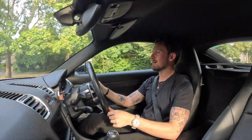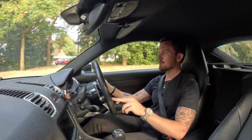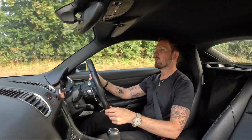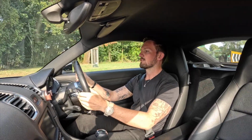Alright, I'm going to hit this roundabout down here and then turn around and go back. One thing you do realise with Porsche ownership, especially when it's a bright white one, is that, like I said, it looks new, but it's not. It's 10, 11 years old. It's an older car by anyone's standards. But most car people like it. It's very Marmite with other drivers in the sense that they